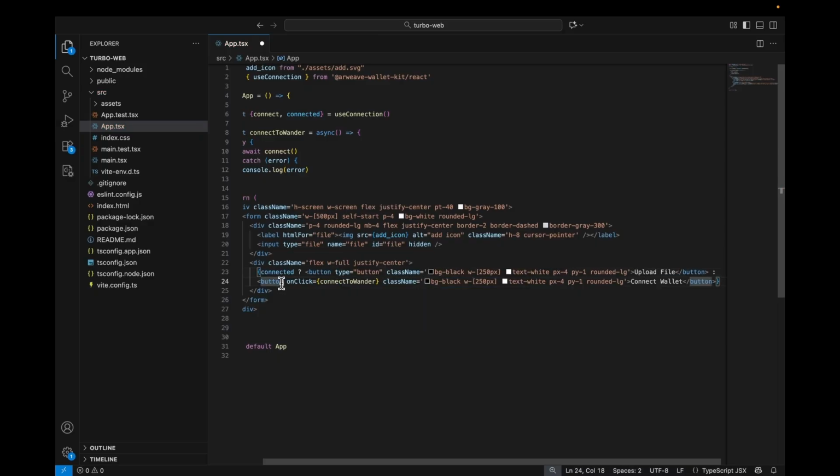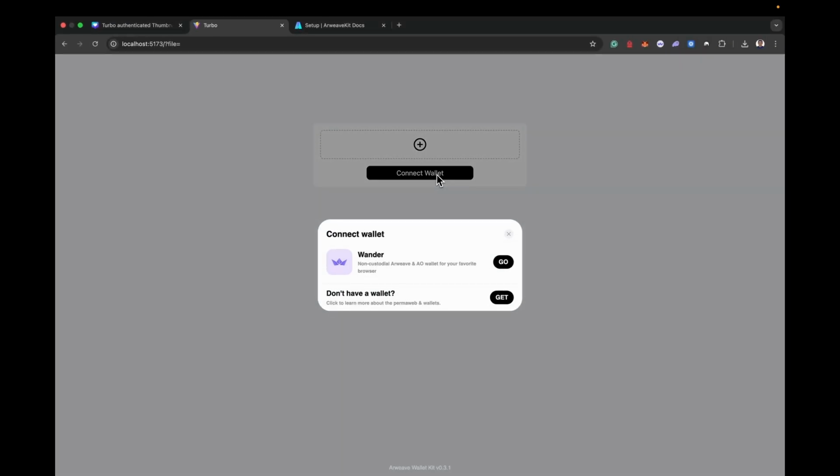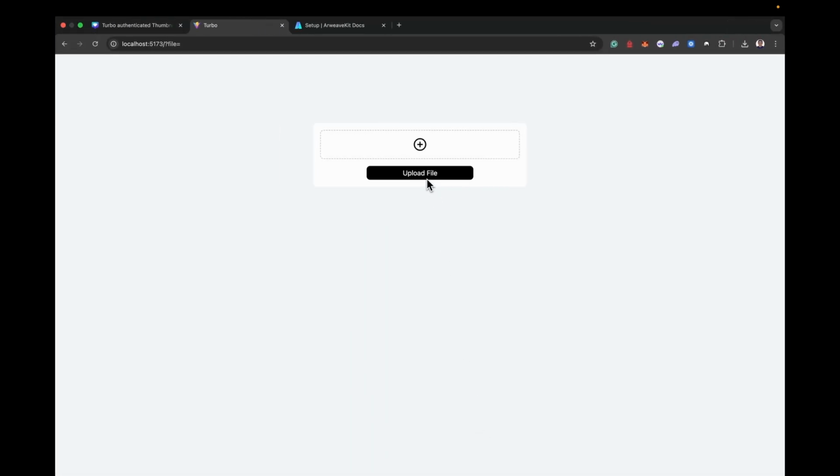but the type of, oh no, it's actually the other way around. The type of my connect button is just going to be a simple button, and the type of this upload file button is going to be submit, right? Type submit. Okay, I come back here, I try to click connect. You can see my Wonder strategy here. I click on go to, there is a pop-up. I don't know if that will be shown on the screen, but there is a pop-up. I need to confirm. And yeah, as you can see now, I have upload file,